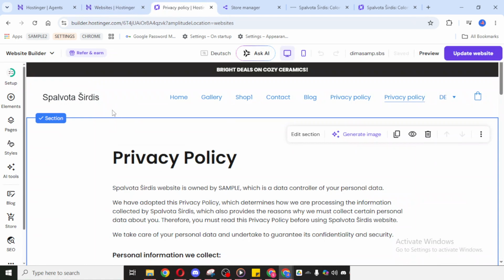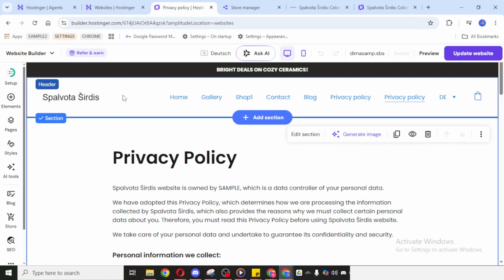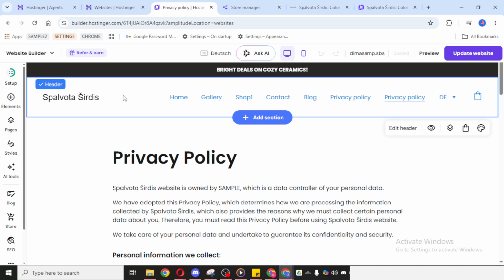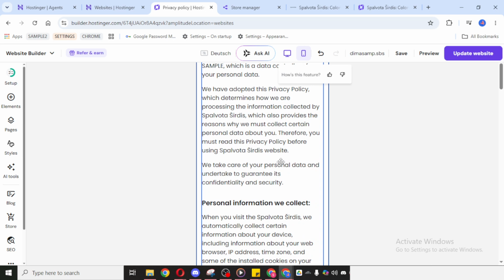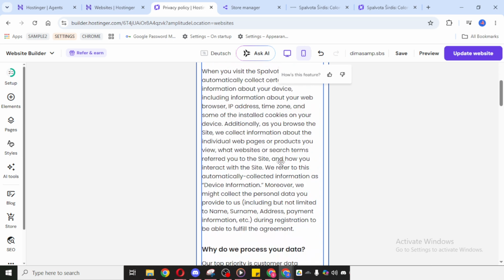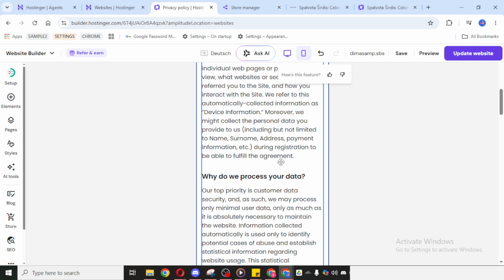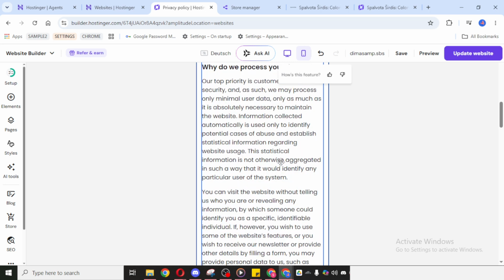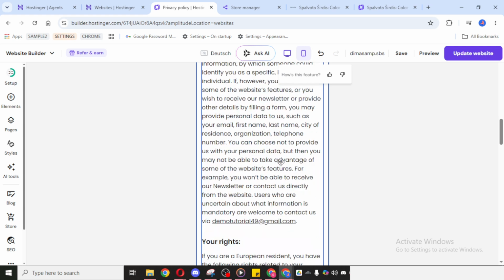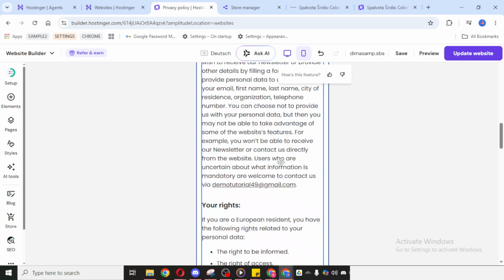At the top of the editor, you'll see a mobile icon. Click on that icon to switch from the desktop view to the mobile view. This is the section where you can start editing how your website appears on phones and smaller screens. It's important to review this version carefully because a design that looks good on desktop may not always display properly on mobile. As you check the mobile layout, pay close attention to your text, images, and sections.